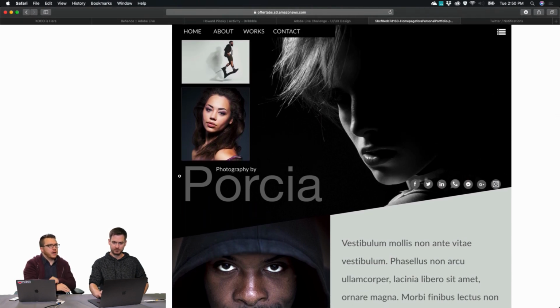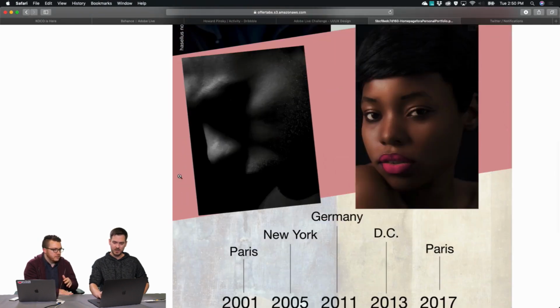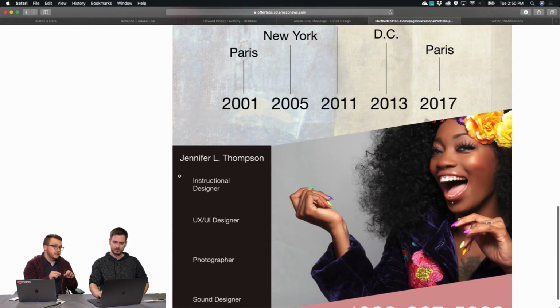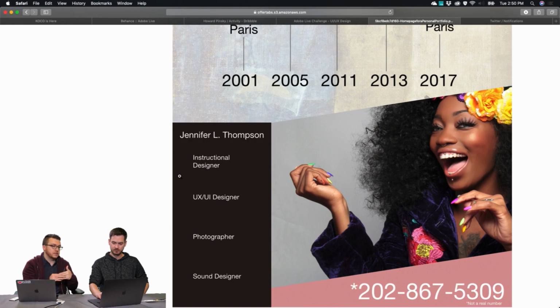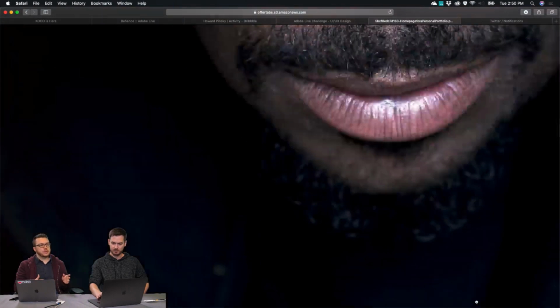Just as a rule of thumb, you kind of want 150 pixels in between your sections. And right now it looks like maybe 80. It's a bit squished. Sometimes you don't have any separation. It's just boom, right into the next content. And you have to think from a mobile standpoint,